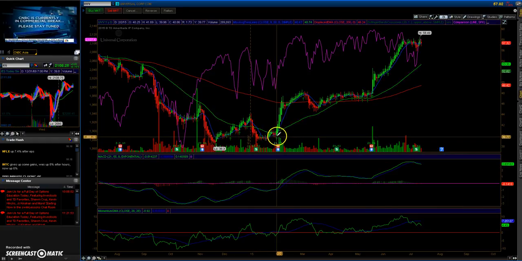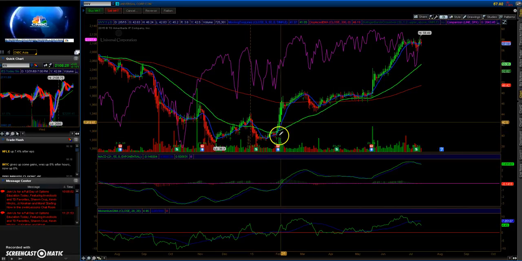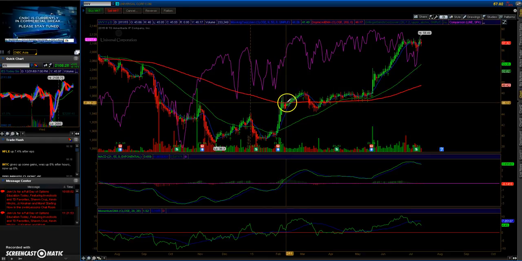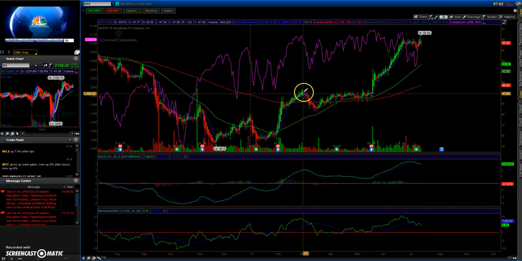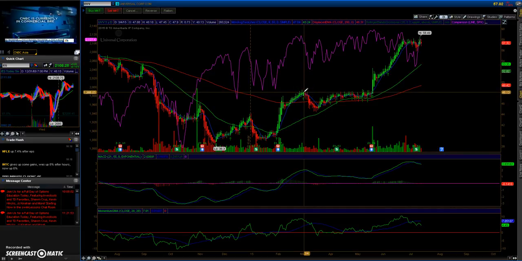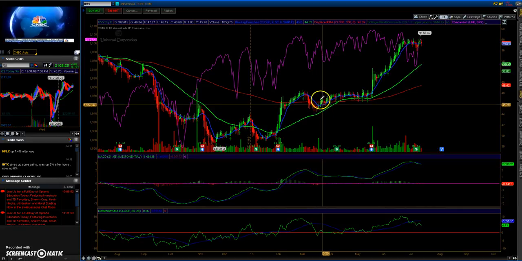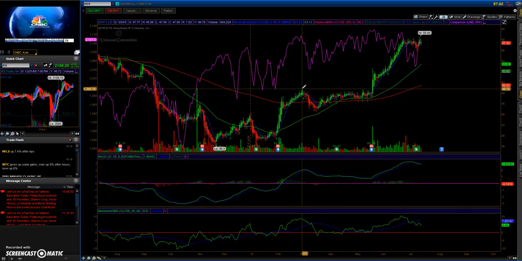Then boom, the stock crossed over this moving average right here, the 50-day, and this time it had momentum due to earnings. It pushed all the way up towards the 200-day moving average. Now the price is sitting on the 200-day moving average here. As you can see, momentum then starts slowing down to here. Price came below the 200-day moving average again, but yet it's playing in that price zone. What I call the price zone again is right here, where you see the price playing, this $49.42, which is the top right here.